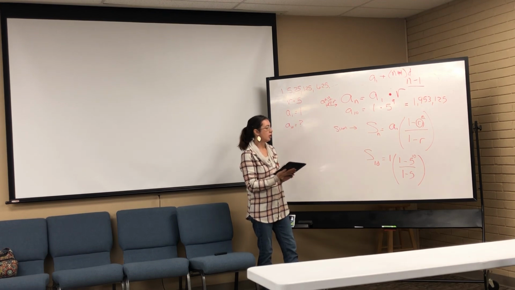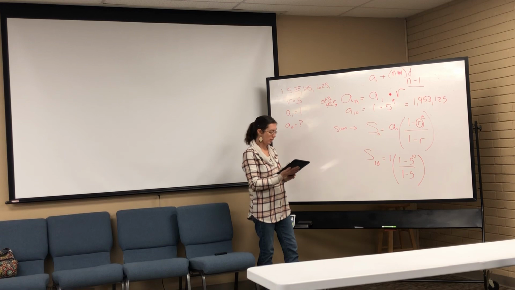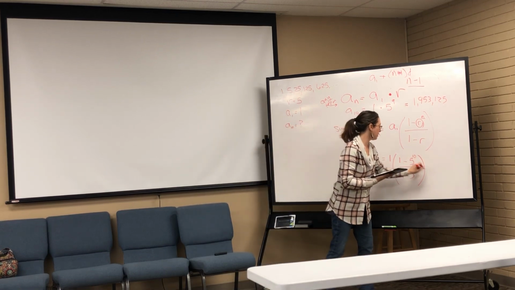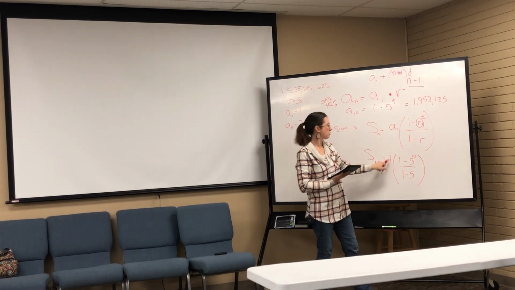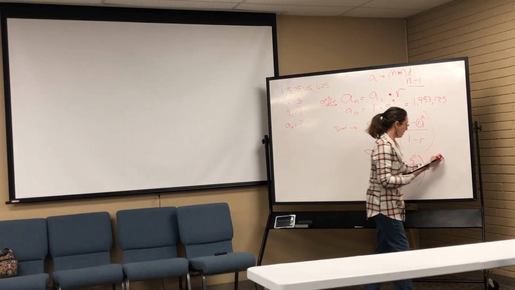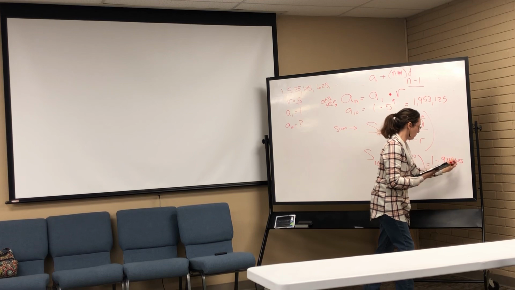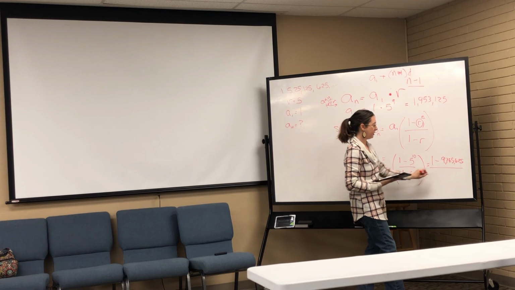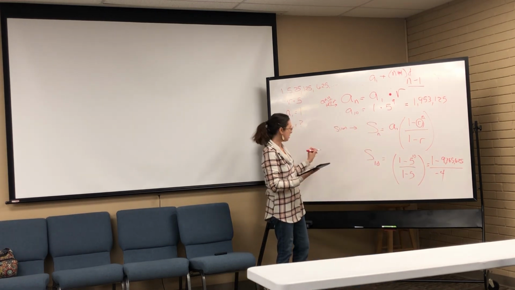Right? So again, it might be some big numbers, but it's just a matter of plugging into your calculator. So we have 1 minus, and does this 1 on the front really matter? Is it going to change anything? No, so I could get rid of that. Okay, so I've got 1 minus 9,765,625 over 1 minus 5, which is negative 4. Right? And we work that out, we get